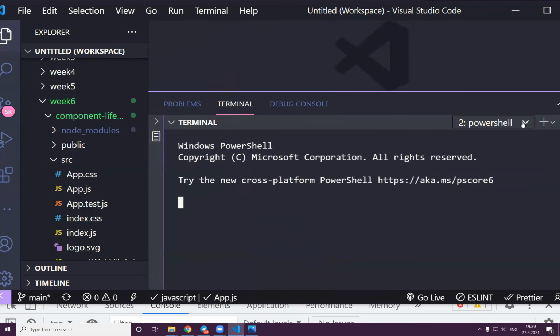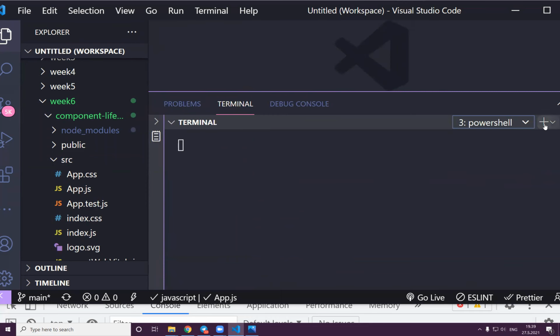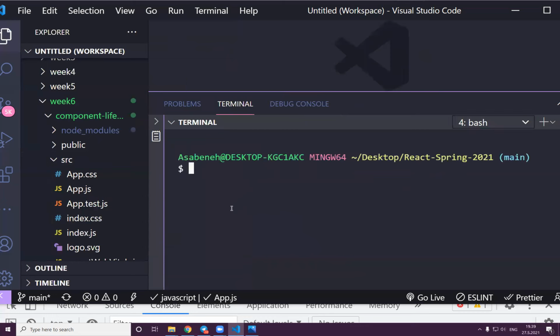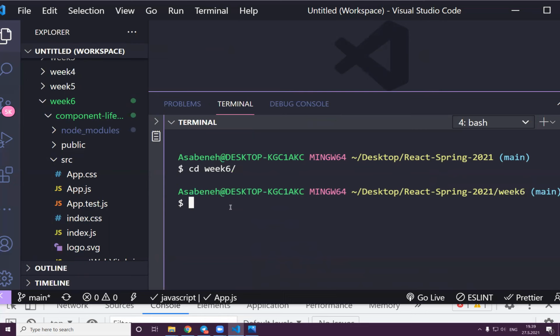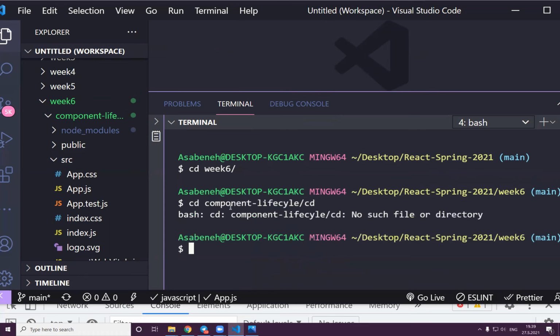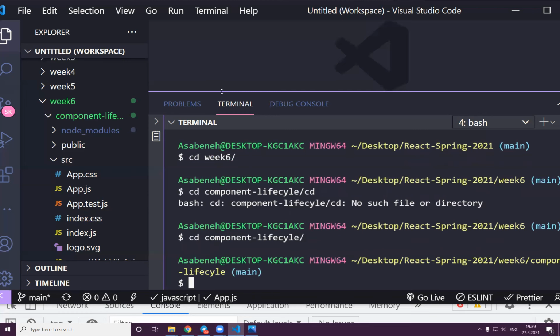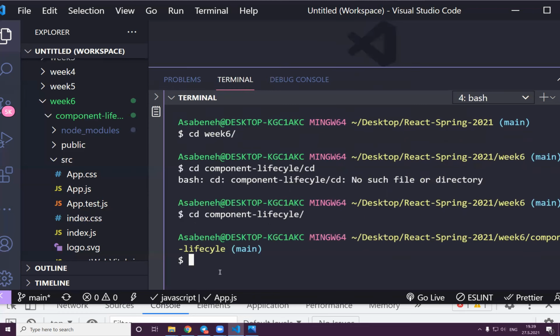already the Git. Git bash. I have to go to WEEK-6. And I have to go to component. Okay. Where am I? CD. Yes. Now I want to remove the .git